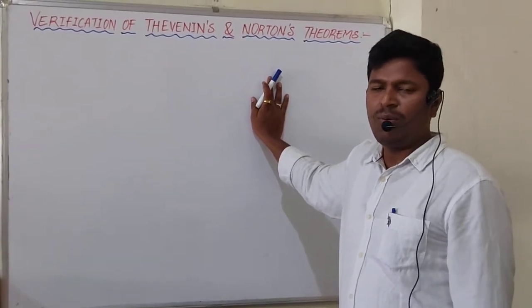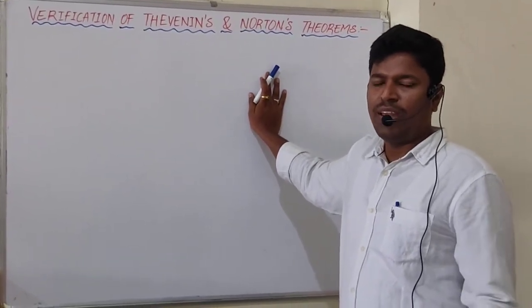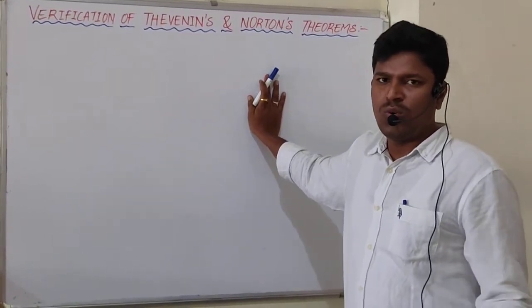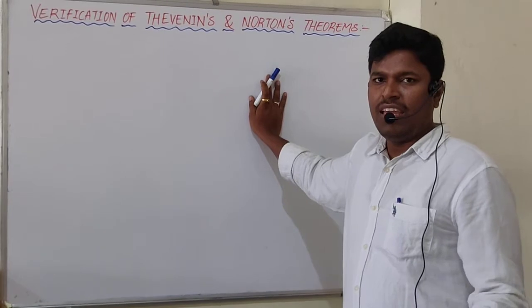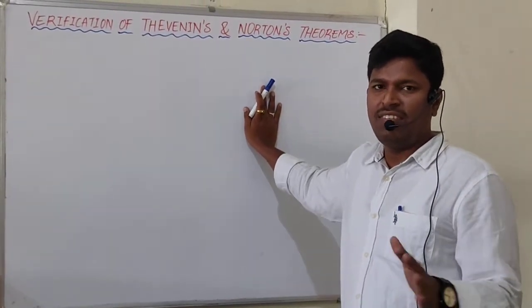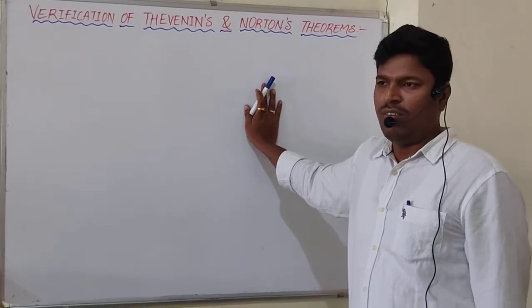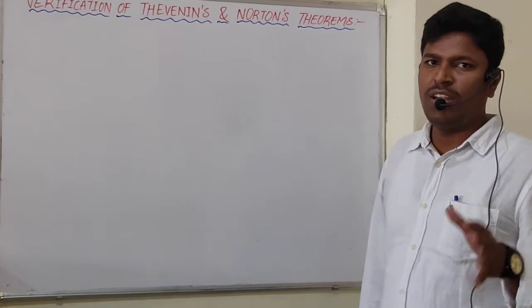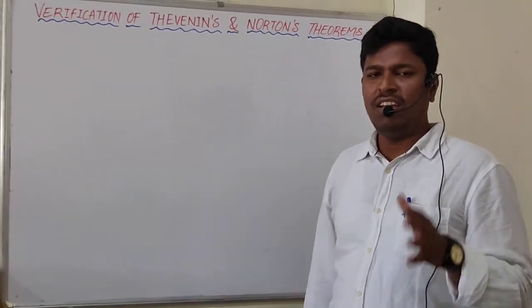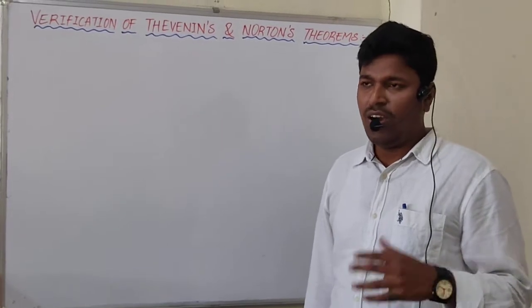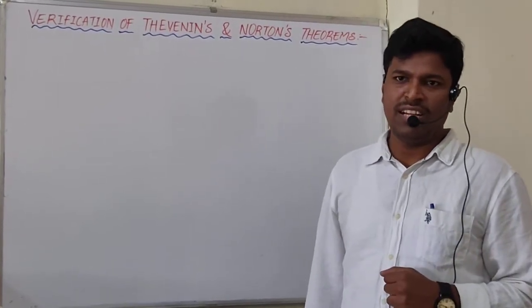In a complicated network consisting of sources, nodes, meshes, if the response of a single element is desired, these network theorems are used. What I mean to say is, basically these network theorems reduce the complexity in finding the response in any element, right? How is it reducing the complexity?